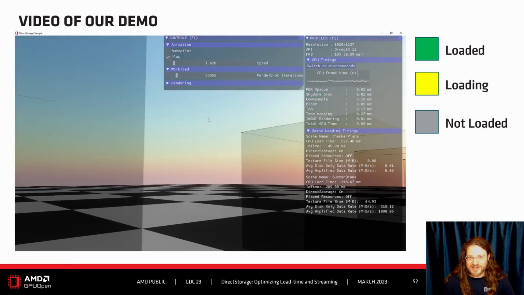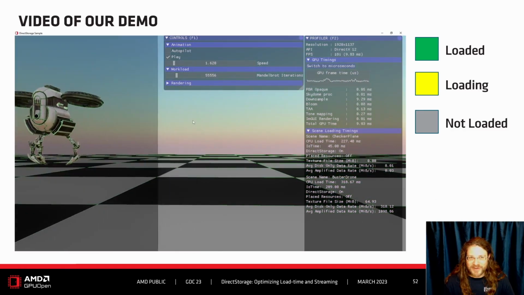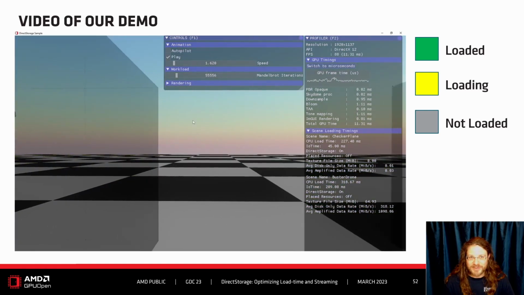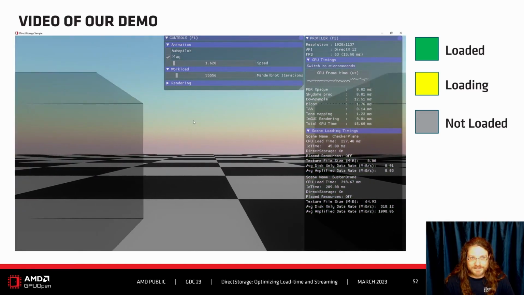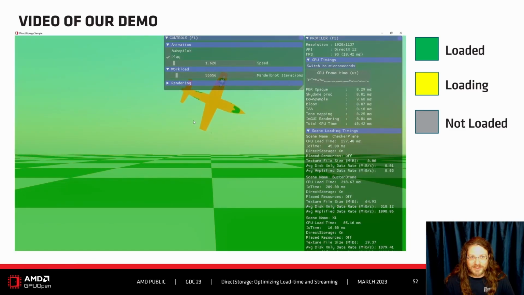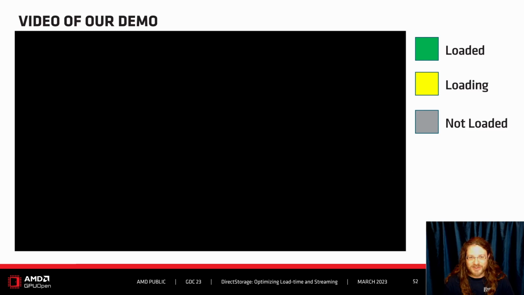And the reason we did this is because the rendering workload provided by the sample itself may not be very high. And you can see here that we disabled the autopilot and enabled a free camera so that you can enter and exit the volumes on your own to feel the responsiveness.